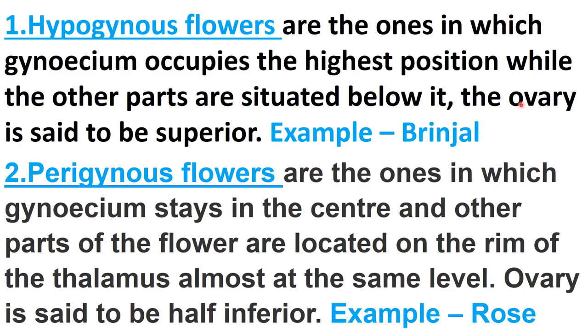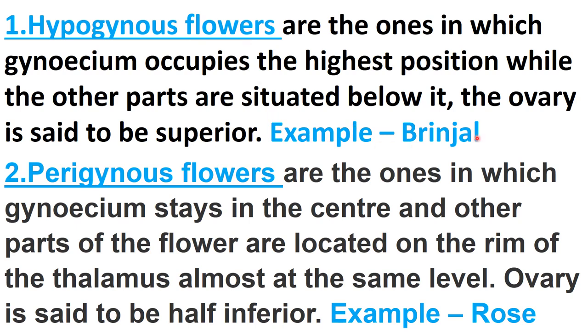So in these flowers, ovary is said to be superior, right? Because ovary is at the highest position, while the other members like anther, sepal, petals, these are present below it, right? And such flowers are called hypogynous flowers. You can say flowers having superior type of ovary are called hypogynous flower, and such a condition is found in